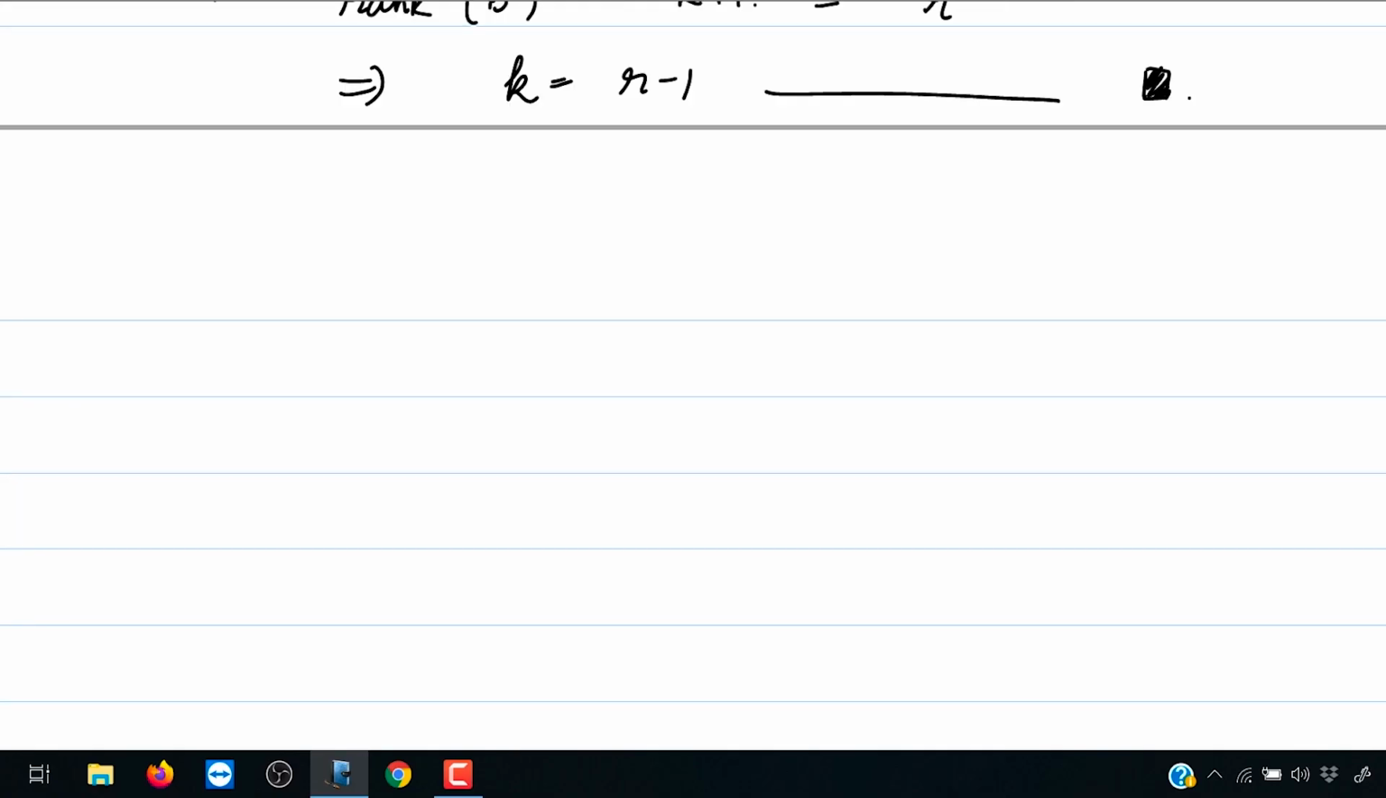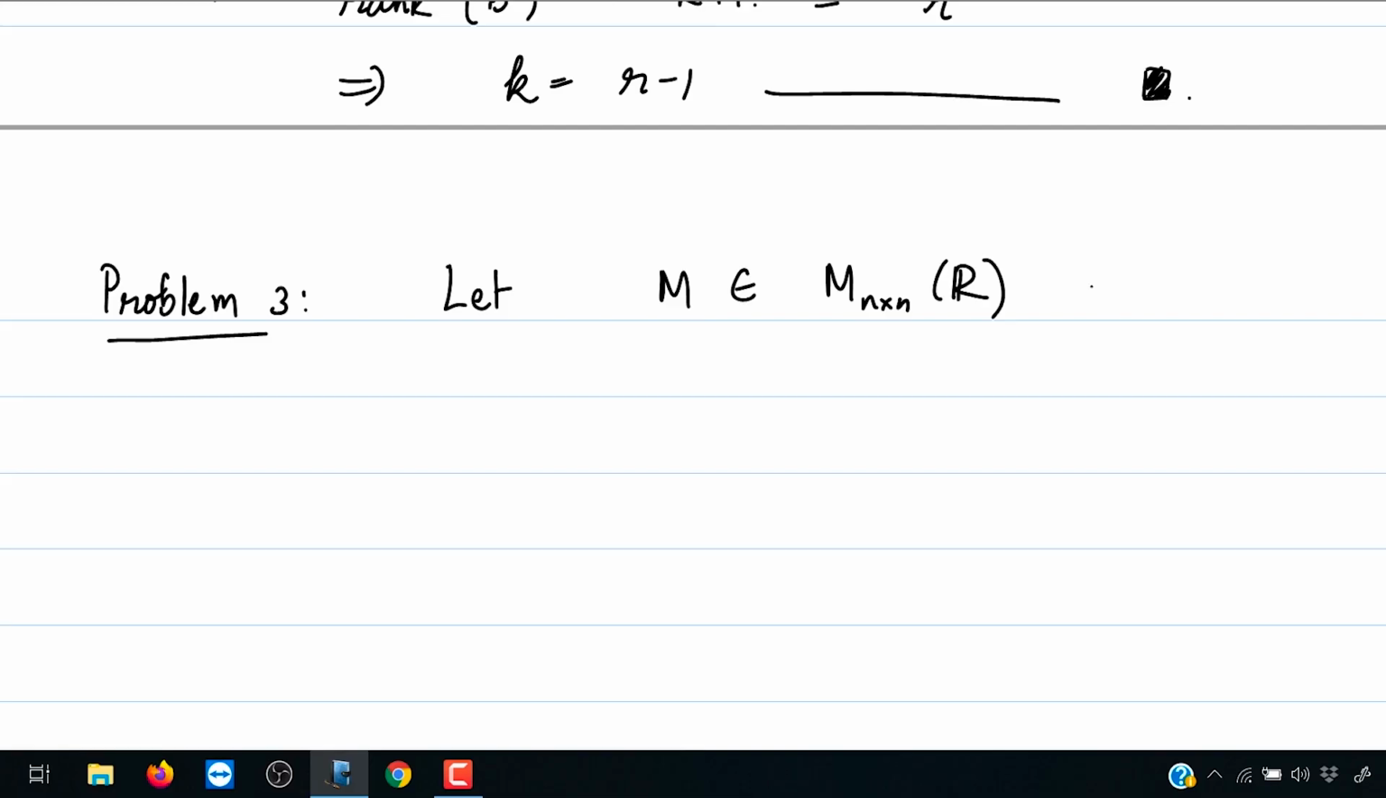So the next problem is a very important problem which talks about the determinant of a matrix which is given in one such block form. So let's see what the problem is. Problem 3. So let M be an n cross n matrix such that